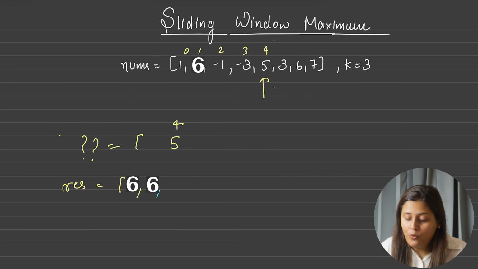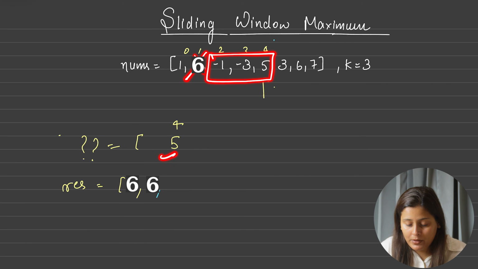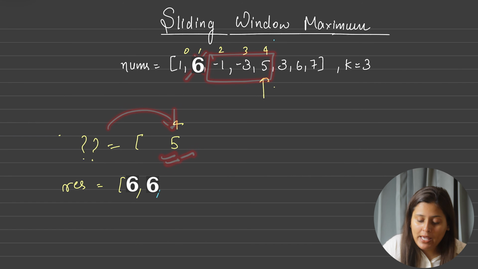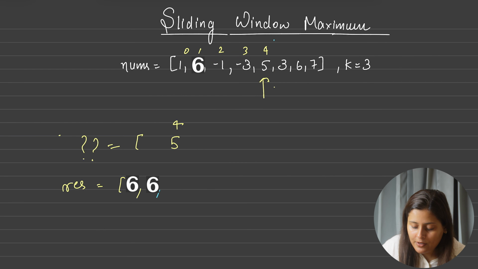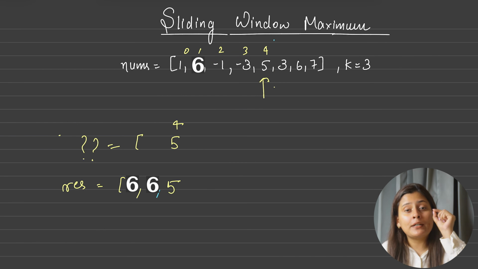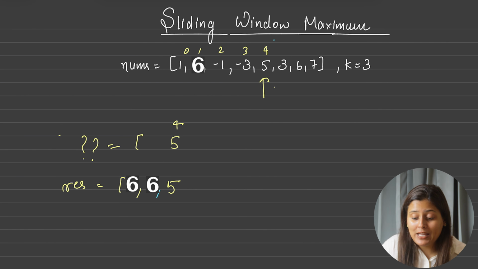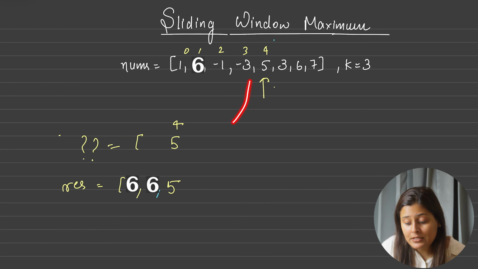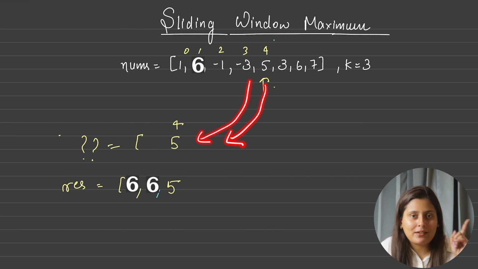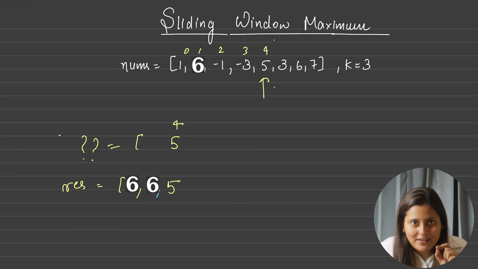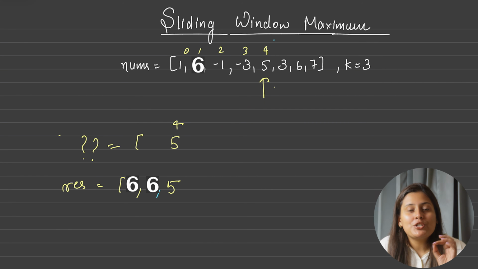And now for this window, after removal, whatever is the maximum number, we will read from the first, and from the first I can now only see 5. So in my answer I will insert 5. Now you tell me what data structure we can use so that for insertion we insert from the last side, but for popping we pop from the first side. Yes, you are thinking right. It is nothing but a deque. So we will use the deque data structure instead of a heap.